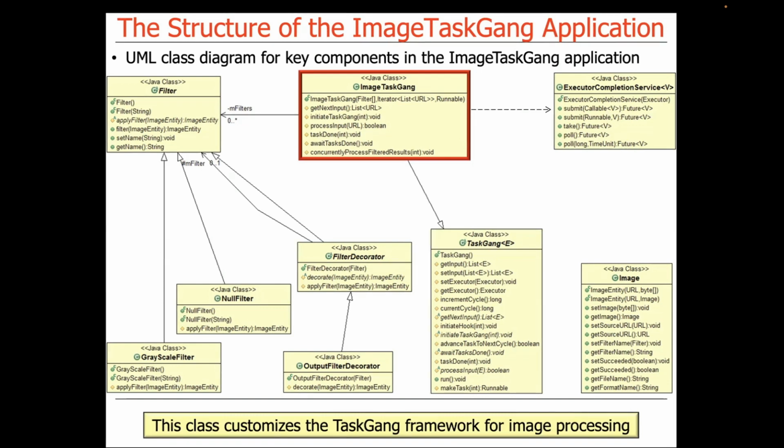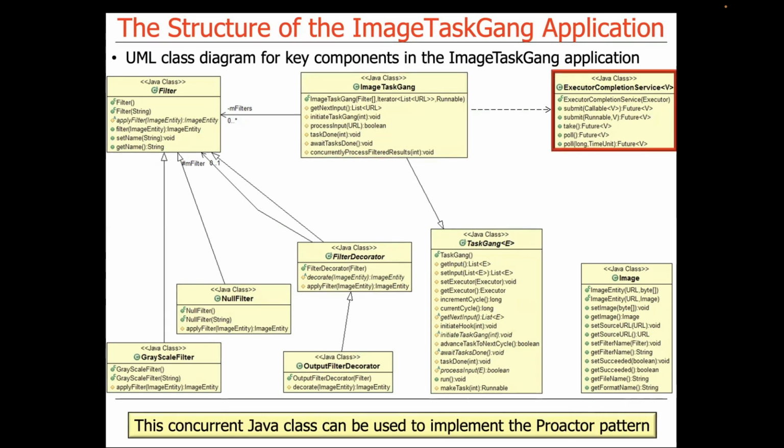We also have an ImageTaskGang, which customizes the TaskGang framework for image processing, and we'll see when we look at the code that this involves overriding a bunch of abstract methods and then making sure that those abstract methods do something specific to image processing, which is the focus of this particular application. The ImageTaskGang uses the ExecutorCompletionService, which is a concurrent Java class that implements the proactor pattern. We'll talk more about the proactor pattern momentarily in the next part of this lesson. But in a nutshell, it's a pattern for doing asynchronous invocation and processing of operations in a pool